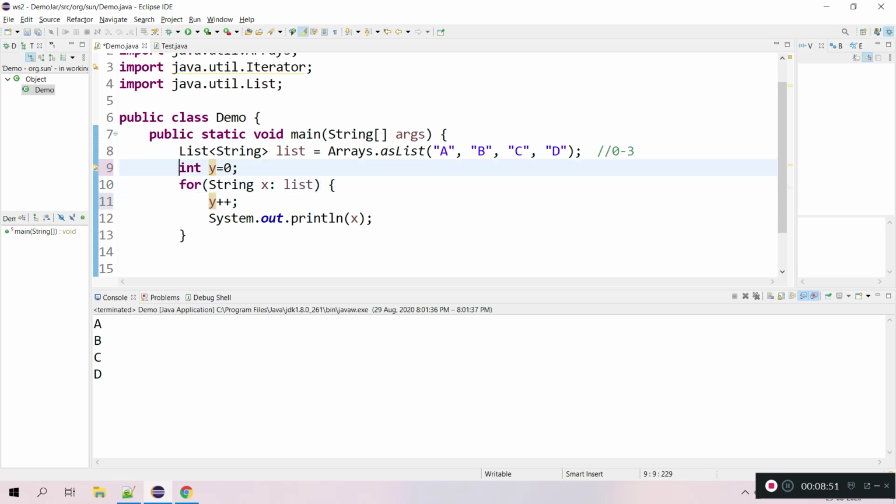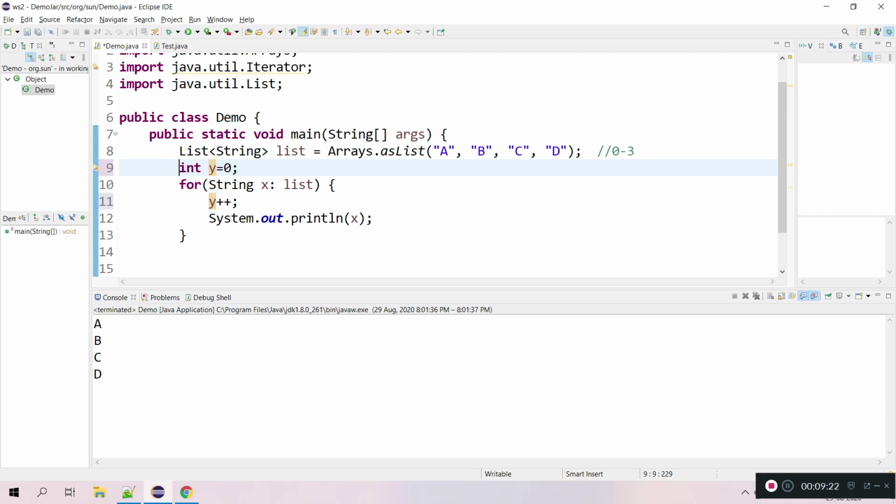And one more thing, let's say I want to iterate multiple lists simultaneously. Let's say I have employee list which contain employee details, and the other list contain employee address, and both I want to iterate simultaneously, and I want to collate the details. But using enhanced for loop, that is not possible. For that we need to go for index based looping, that is using simple for loop.